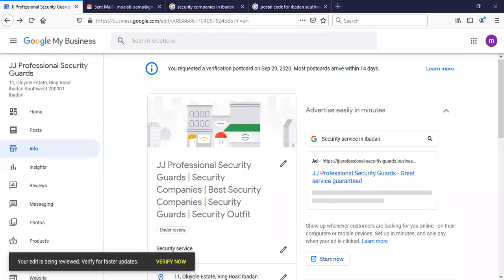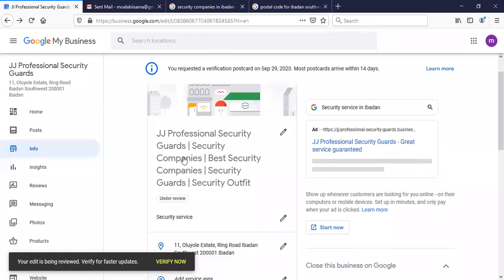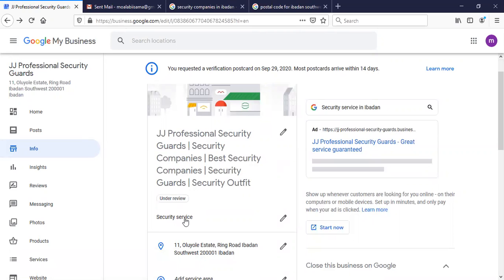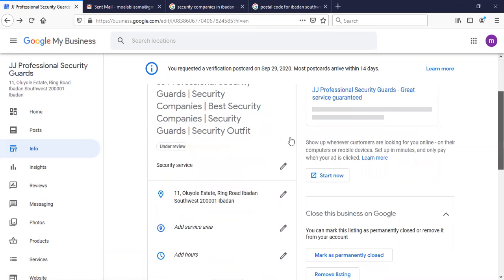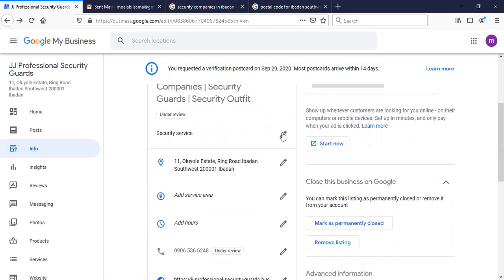Okay, good. So you see, this is what I've just created now. Then this is the primary category we were talking about. You remember we mentioned primary category where I told you to check where it falls. So now we are going back to that primary category issue. So you click on it. This is the primary category. You click on it.